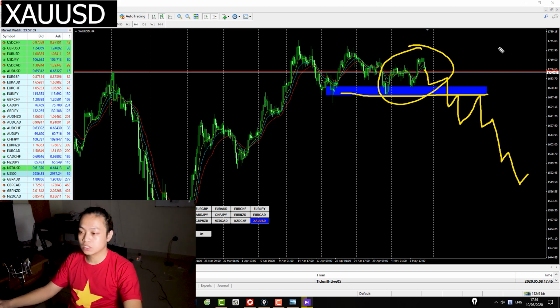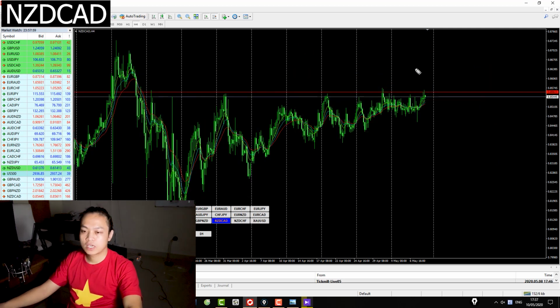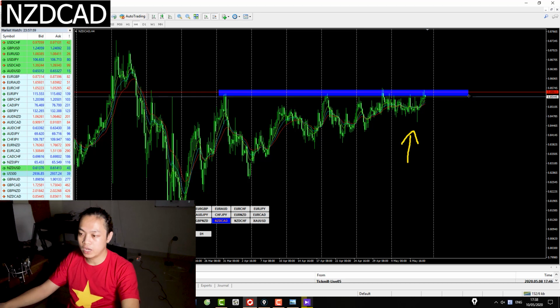You may consider to open sell within this blue zone, and that is planned for gold this week. For New Zealand CAD, we see that the price goes as my forecast last week. So I said I expect a sideways, and in here we have a sideways. Now you can see that this resistance level is really strong, and so what we expect for New Zealand CAD